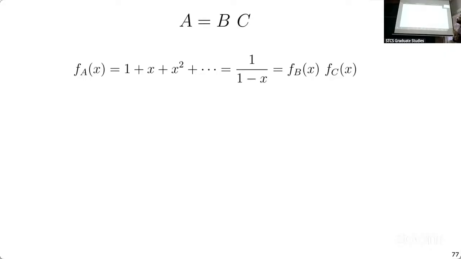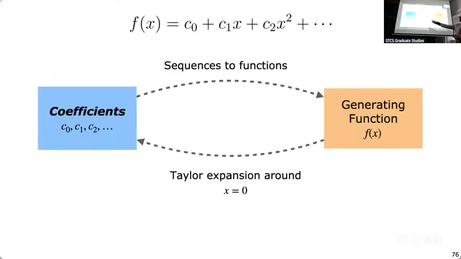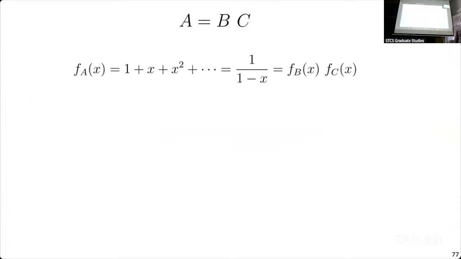This has some really nice properties. When we take this factorization of A as B times C, it turns out that you get the corresponding generating functions in the same way, right? So the generating function of A, which is 1 by 1 minus x, should be equal to the generating function of B times that of C. So what is the generating function of A? If you take the first column of a Toeplitz matrix, that's a sequence, right? A is the Toeplitz matrix, and there it's all ones. That's how you get this 1 by 1 minus x.